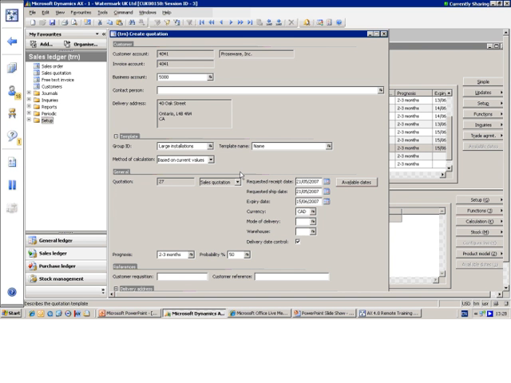Also, we have to decide what method of calculation to use, based on current values or based on template values. So let's have a look at the methods of calculations. Based on current values means that item prices are taken from the inventory. Based on template values means that all information that is not customer specific, such as dimensions and item prices, is